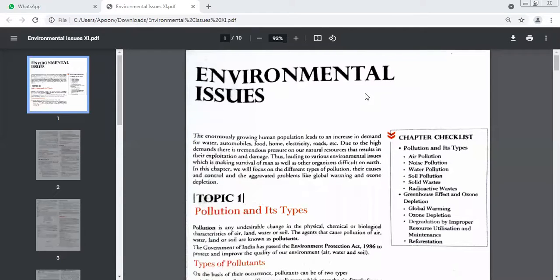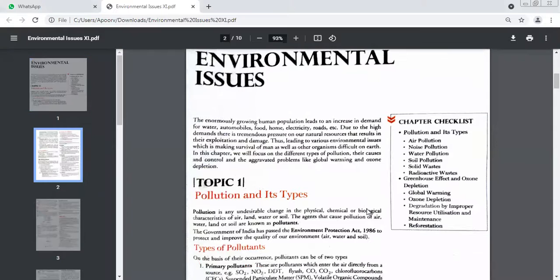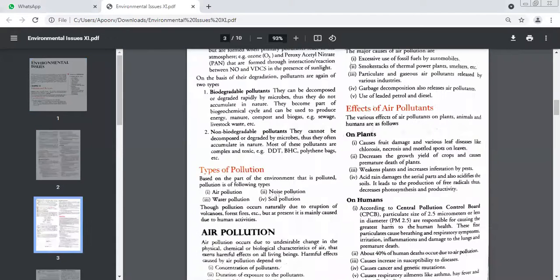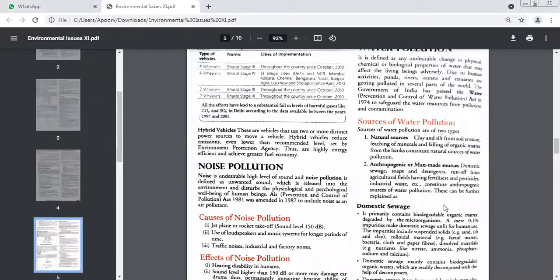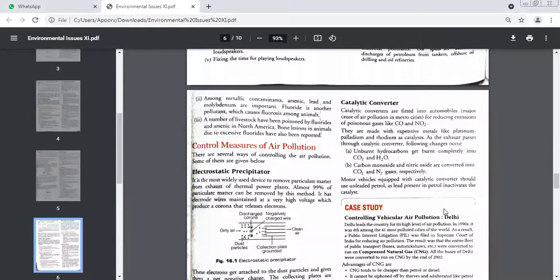About to complete this chapter. Then very quickly, we'll start with biotechnology. I'm waiting to start that unit. It's a little typical one. Let me see, I'll take a revision also side by side. Pollution and its types we have done. Electrostatic precipitators. Those who are regular know what all is done.